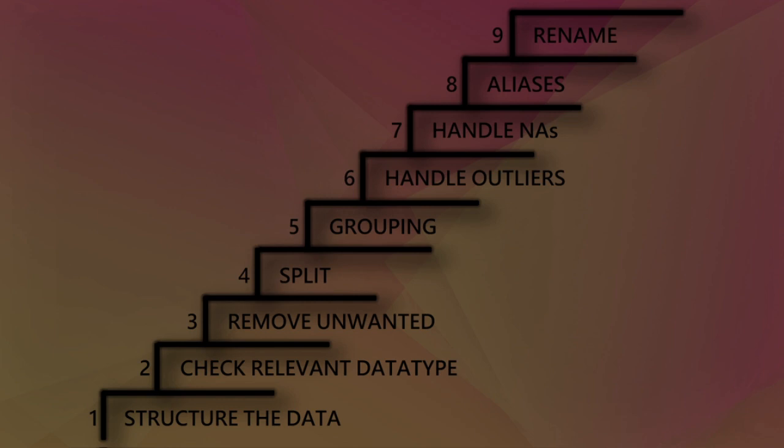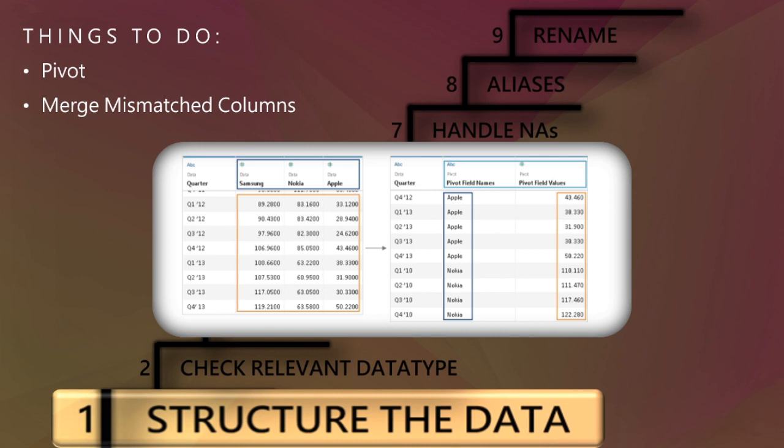So here comes the first step, structure the data, where pivoting and merging fields can be done. As shown in the picture, sometimes the data would be in vertical manner and we need to study it horizontally, or data is spread horizontally and we need to spread it vertically. At that point, pivot would be preferred. As you can see, data have three attributes, Samsung, Nokia and Apple, where later we need to keep these data in one attribute. So three different verticals are shifted in one vertical, forming horizontal rows.